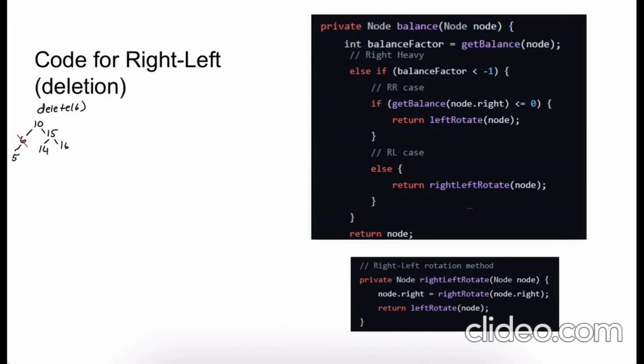And finally, we're going to perform a right-left rotation after a deletion. So in this subtree, we're deleting 6. And then, like before, it moves up and it calls balance on 10. The balance factor of 10 is 1 minus 3, right? Its left subtree is 1, and it's